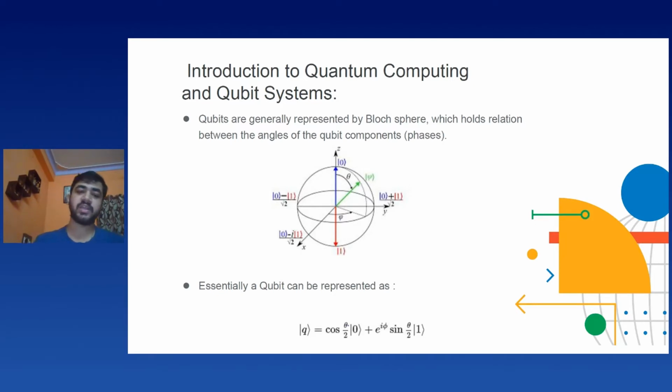Now, this is very beautiful to understand, because of what happens when we try to merge these rotational qubit systems, along with the qubit gates, along with classical circuits. So a qubit, as you can see, can be represented in the form of a sinusoidal pattern, like cos theta, right? And this is quite similar to complex mathematics, where you have two different angles representing the theta and the phi components.